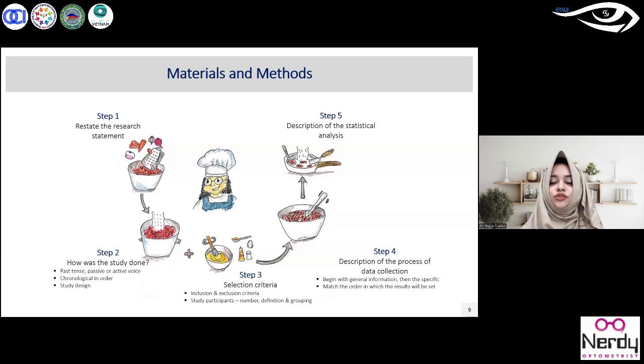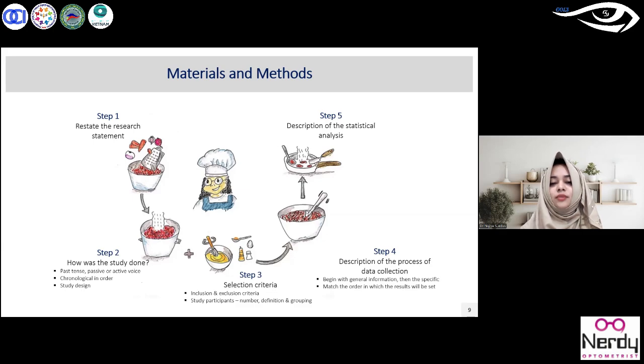So we should take due care while preparing this section. In this segment, we should describe exactly and in detail how the study was done so that the readers will be able to understand or assess how the research was done and also to repeat the study protocol if they wish to. So the outline for this segment might be good if it is in the form of, instead of the text, if you have a flow chart made,